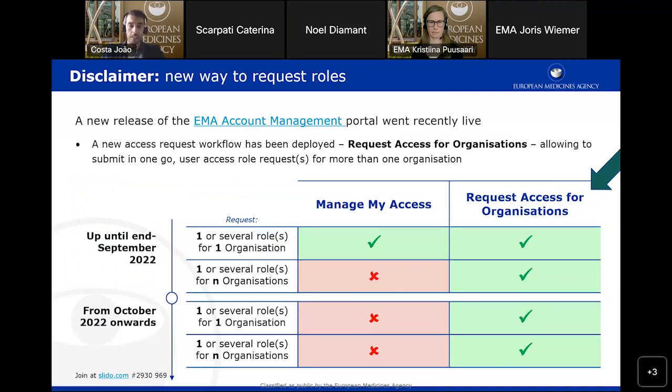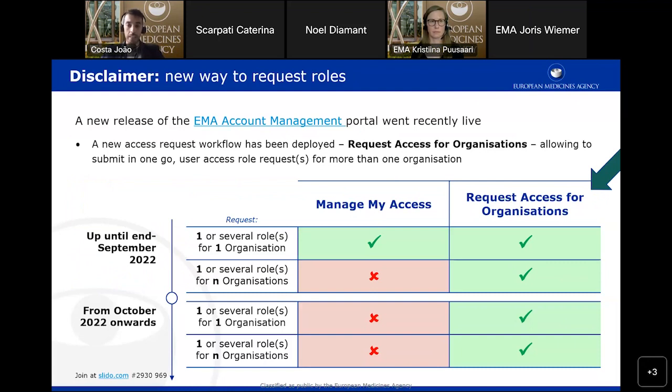Here you see the timeline that we have planned for using the old way to submit an access request via the Manage My Access, and the new workflow to request roles, so via request access for organizations.